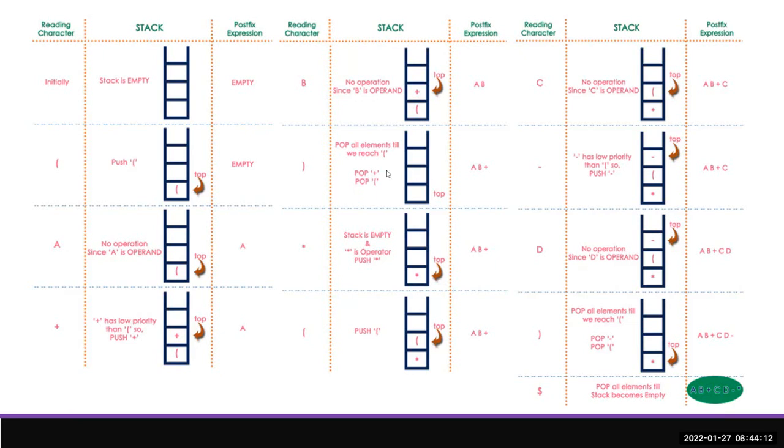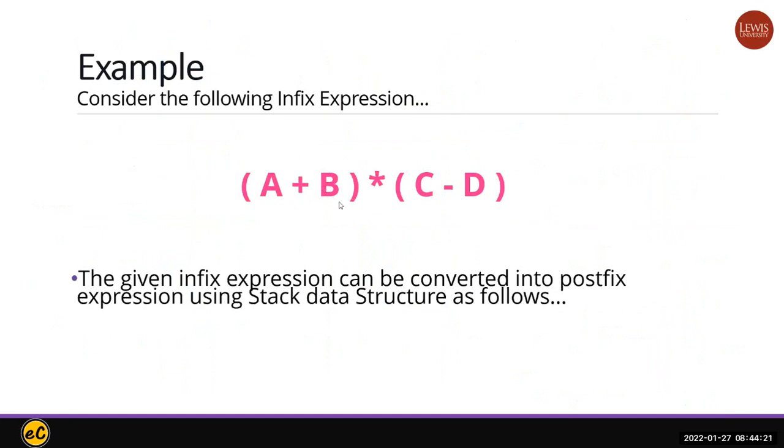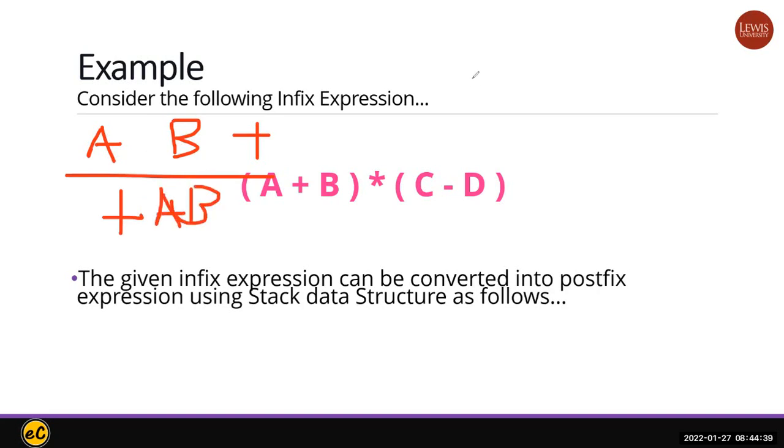So we will pop out the plus sign and pop out the parenthesis. Okay, and then that finishes this portion. So basically we have A plus B already, depending on what data we want to have. So right now we do have the first operand, second operand, and the related operation. And then you can point it this way or this way, depending on your need for